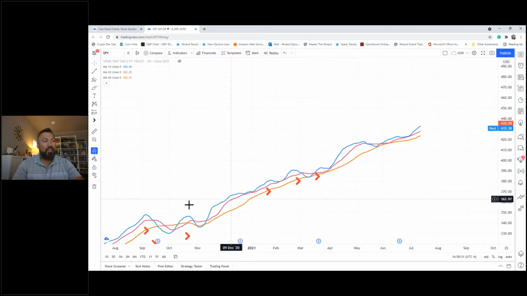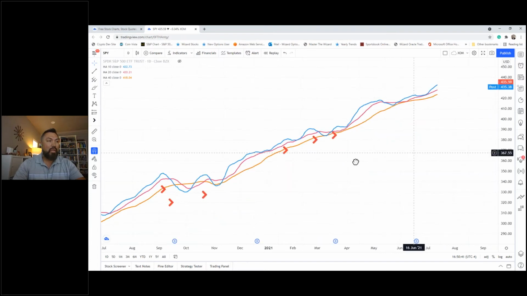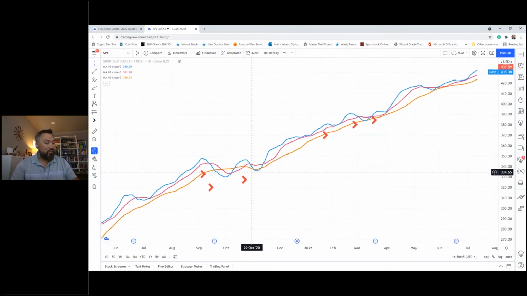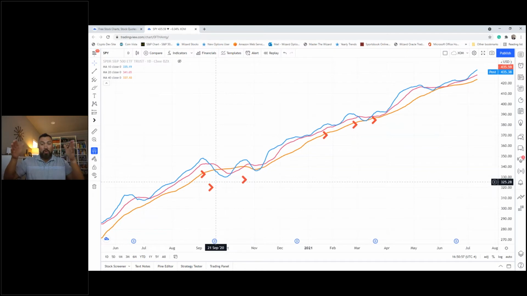If I go beyond that, let's go to the 18th of September, the beginning of the 4th quarter, 2020, pre-COVID. Believe that, pre-COVID, well, at least pre-COVID in the US. Who knows where it started or when it started? That's not the talk for today. Now I see the 10 cross below the 40. Imagine a 10-day average crossing below a 40, that's a trend change. That is not a correction, that's not a retracement, that's a trend change.